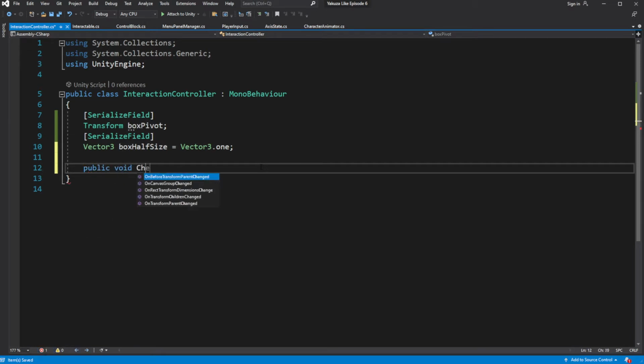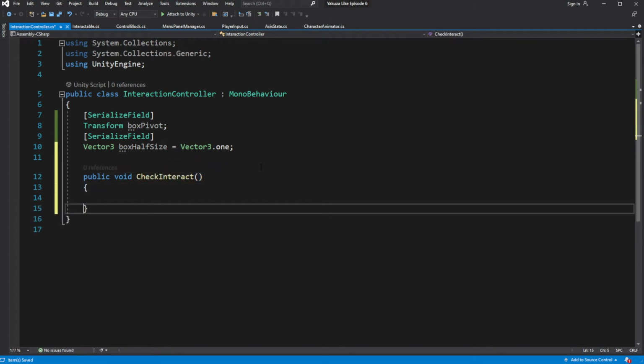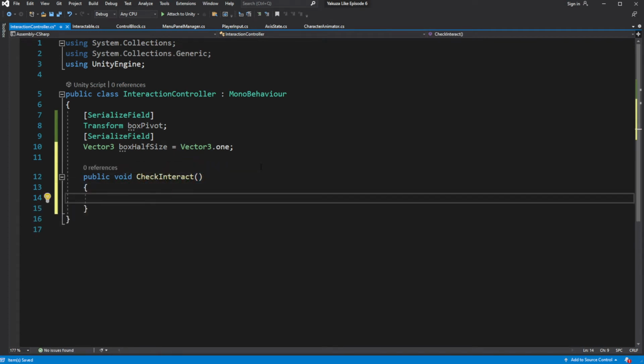Create a new method called checkInteract. Inside we will be detecting an interactable objects in front of our character. To do this, we will cast overlap box in position of box pivot.